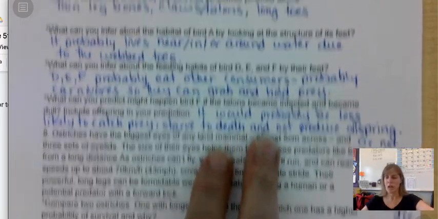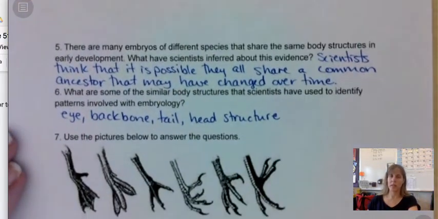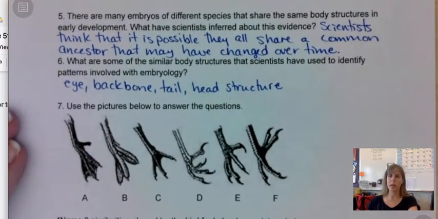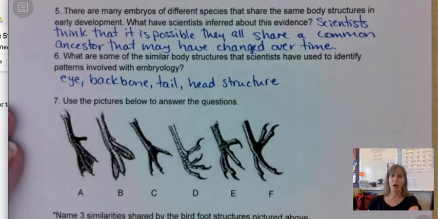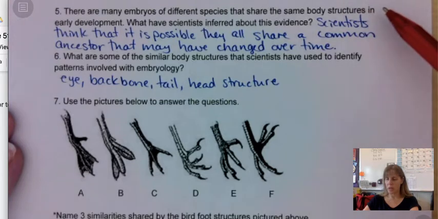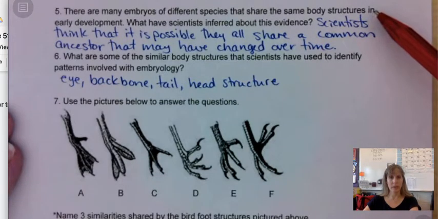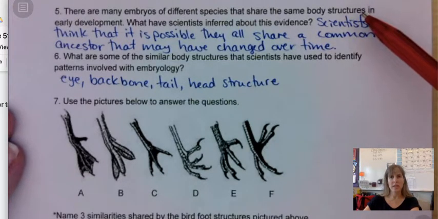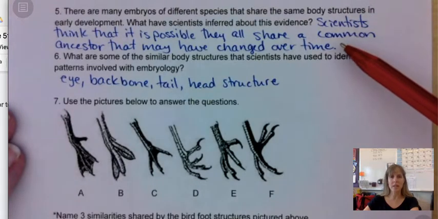All right. Last page, but it has the longest answers and probably took the most thinking on your part. Number 5, there are many embryos of different species that share the same body structures in early development. What have scientists inferred about this evidence? Well, scientists think, actually they know, that it's possible, right, possibility, that they all share a common ancestor that may